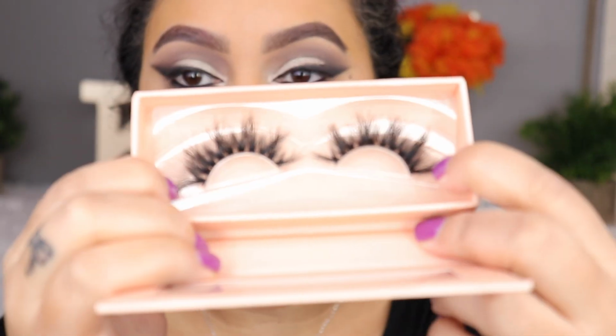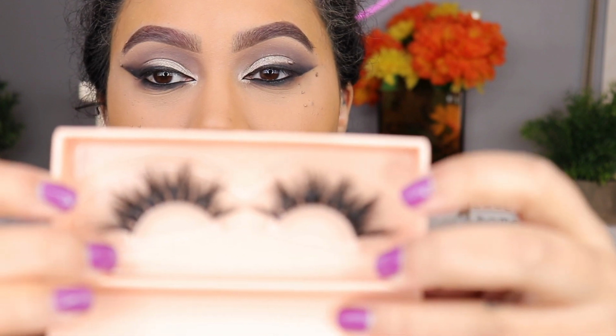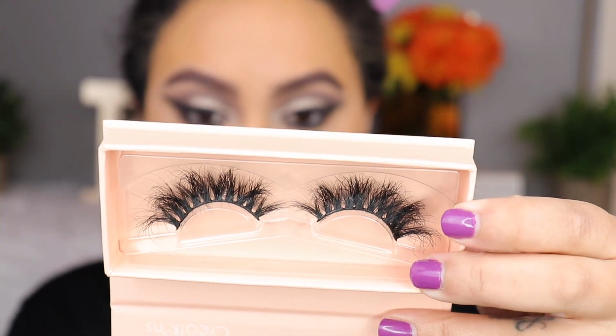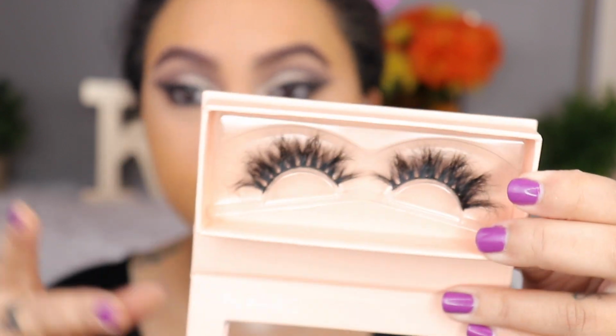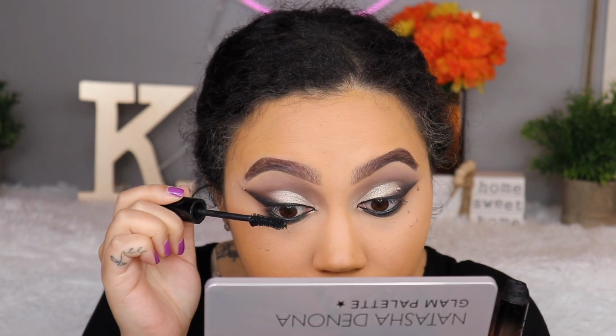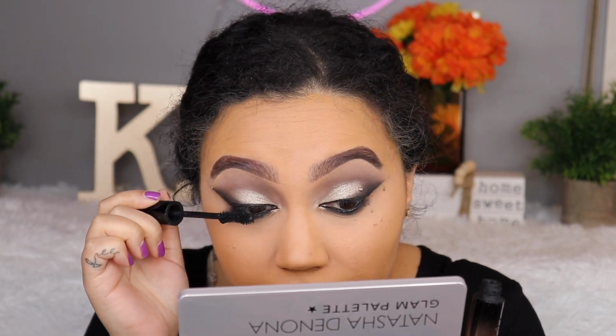For my lashes today, I'm taking these super dramatic lashes. I just feel like they'll look really good with this. They are a little bit winged out. They're very fluffy. These are by Beauty Creations in collaboration with the Murillo twins. And this is Brittany's pair, and they're called Drawma. So while the glue is getting tacky, I'm taking my Anastasia Lash Brag Mascara and just throwing it on those lashes. And I think